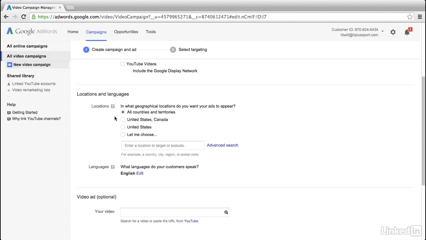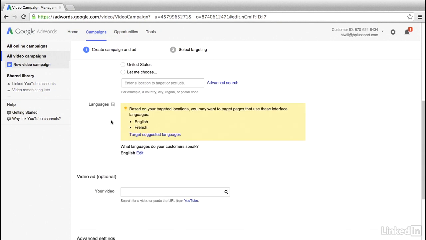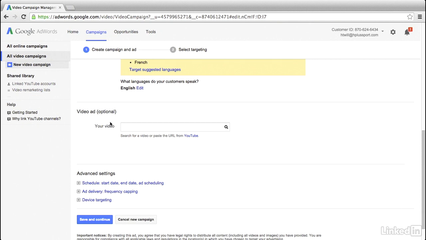Next, pick your locations, and as always, being more specific is better than doing something too broad. So if your audience is in a certain location or a region, you can enter that in the box below, and Google will filter it to that specific location. I'm going to leave this as the United States and Canada just for the purpose of this demo. You can set the language, and then finally, you'll have the option of creating the video ad that you want